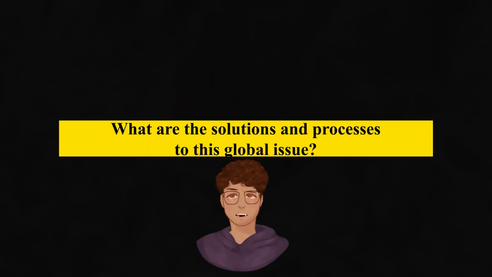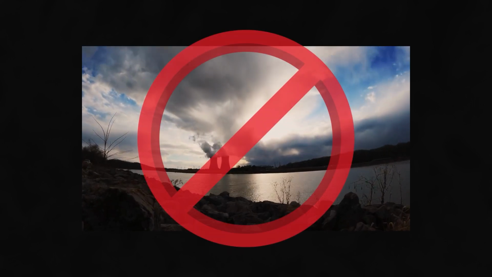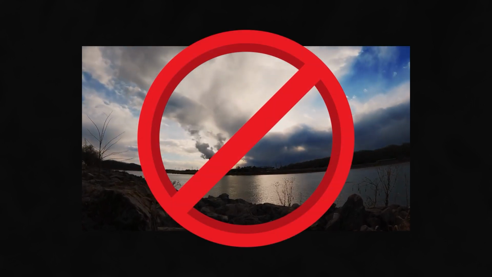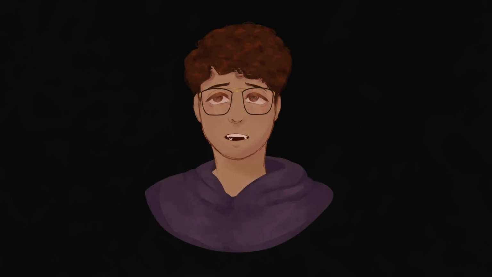What are the solutions and processes to this global issue? And, as an individual, how can we be responsible and what can we do to help? According to researchers, methane and carbon dioxide are the root of this phenomenon. They suggest that cutting methane emissions rapidly, along with CO2 reductions, could be our best hope to save summer sea ice this century and beyond. Tian San, the lead researcher in this study, stated that along with reducing CO2, cutting methane this decade gives us our best chance at preserving the vital part of our planet for generations to come.